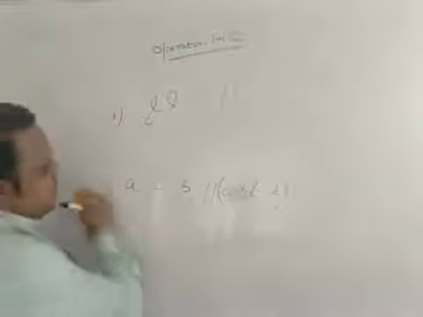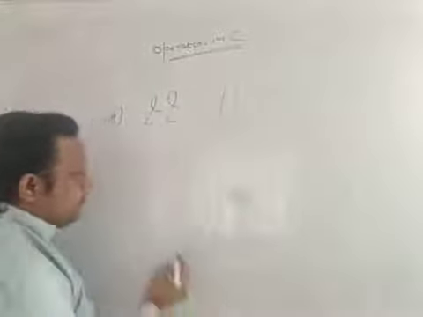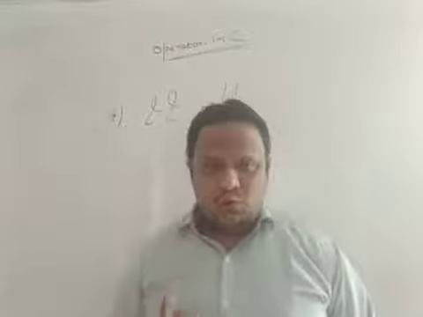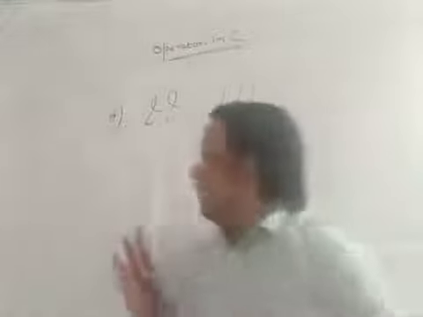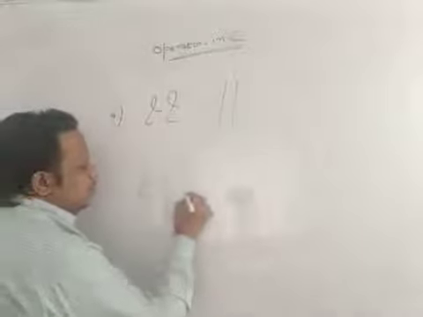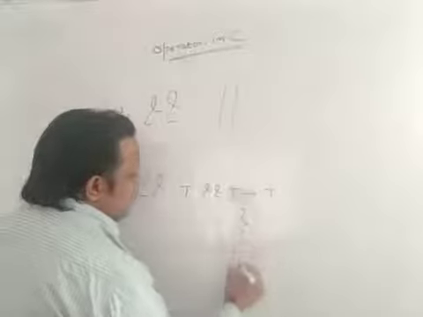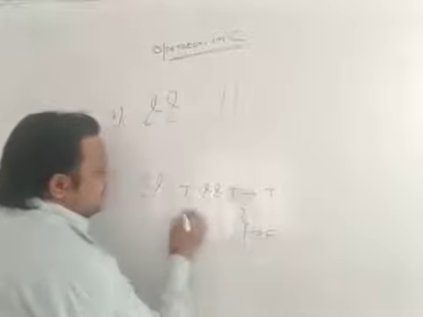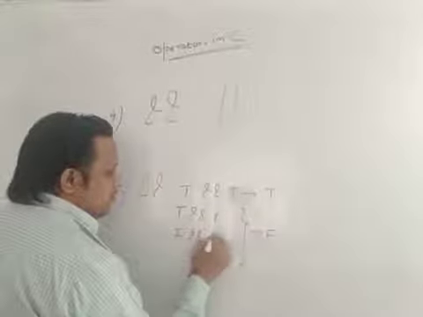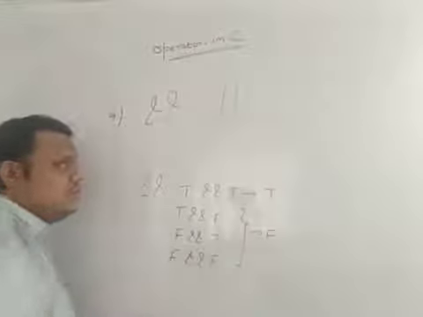Now we're going to solve a few questions on logical AND and logical OR. Before solving this, I already told you that all positive and all negative values are true. Only 0 is false, right? And what is the property of the AND operator? In AND, true and true is true, and the rest are all false. Rest all means true and false is false, false and true is also false, and false and false is also false, right?